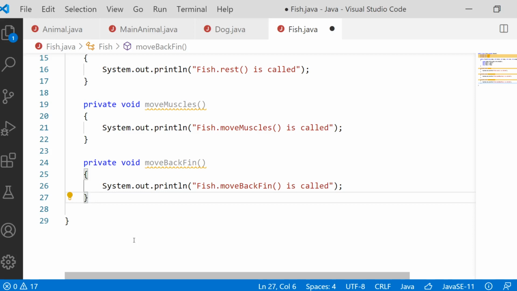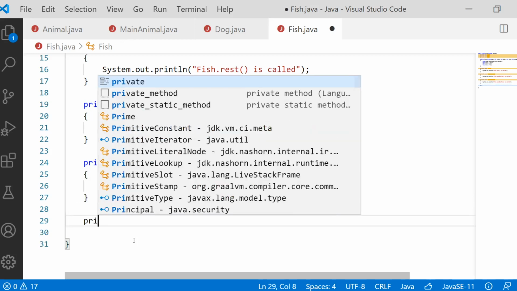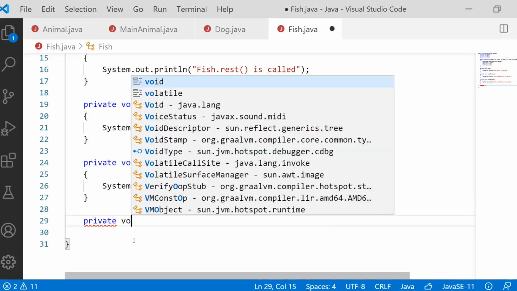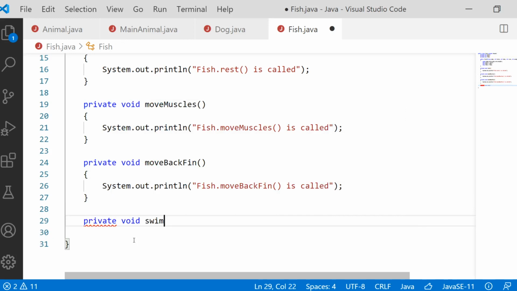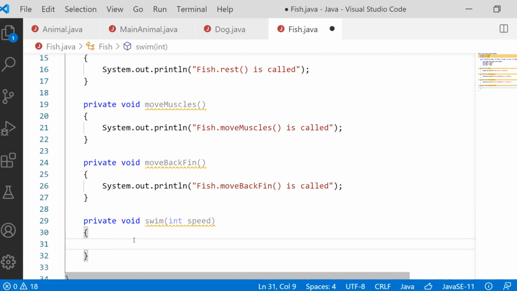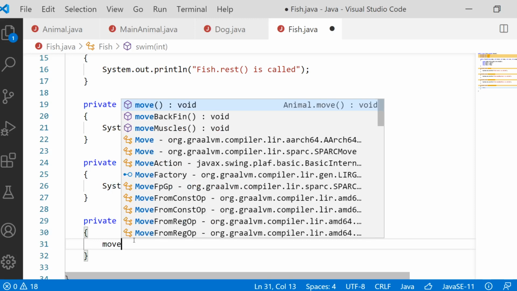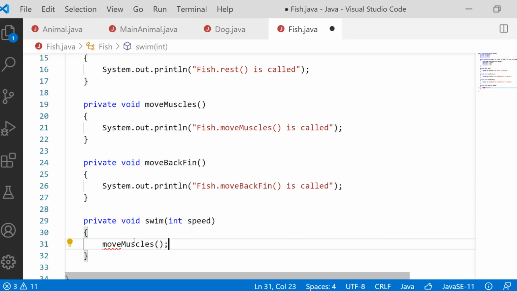So let us also take private void swim, and the argument of swim is going to be speed. I'll tell you why. We're going to take an argument called speed, and I will be calling move muscles first of all,